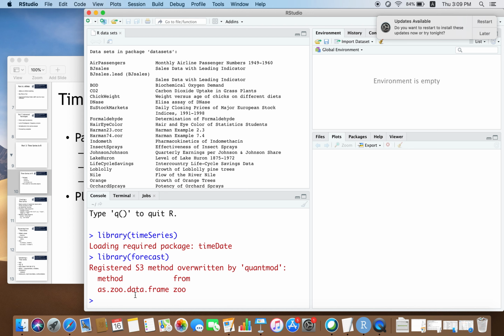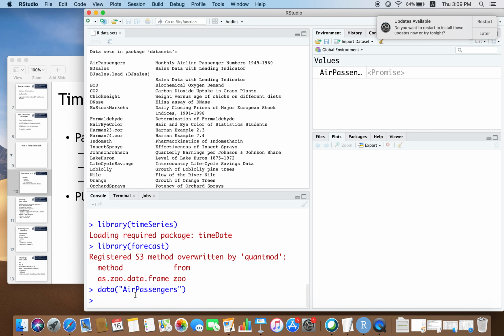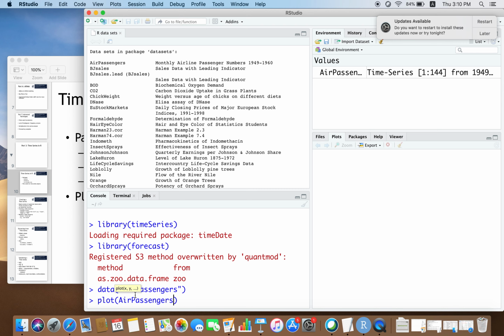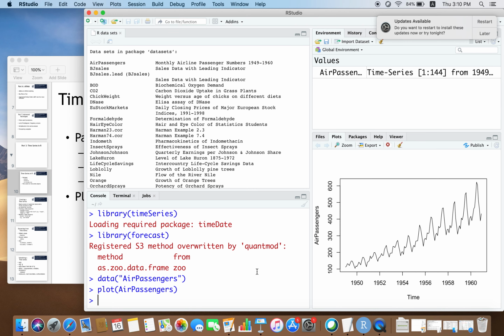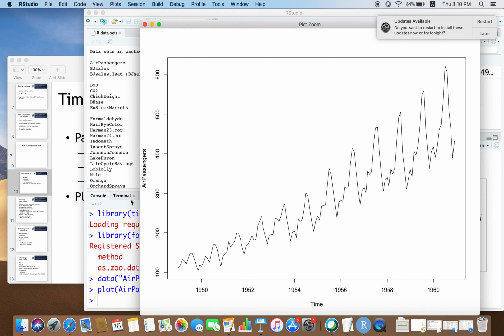right. So, now let us begin by looking at the AirPassengers data, which is built in to your package. So, now I have the AirPassengers data with me. For example, if I say plot AirPassengers, right, I get this plot which I can zoom and see the full plot.